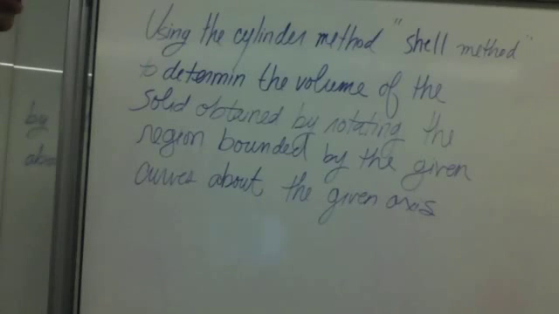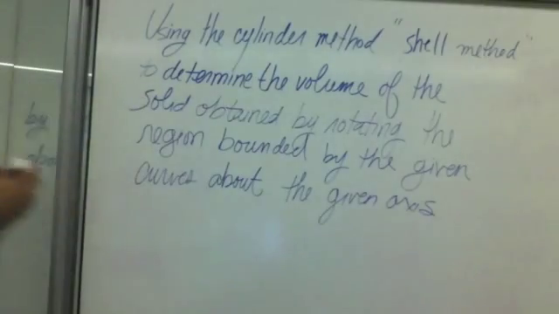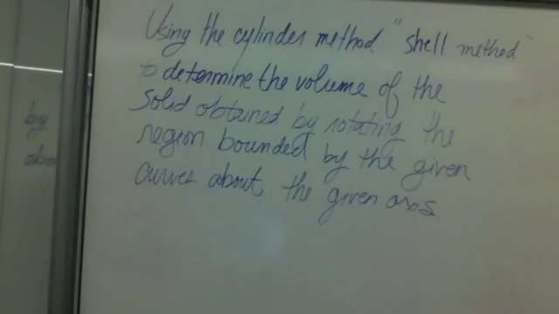Okay, so in these two problems we're about to do, the instructions are using the cylinder method or the shell method to determine the volume of the solid obtained by rotating the region bounded by the given curves about the given axis. So this doesn't really mean anything until you see a problem. So our first problem starts out